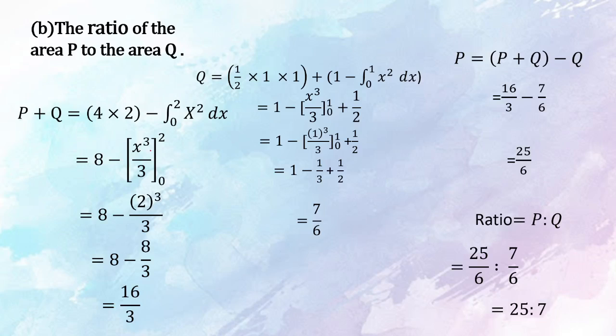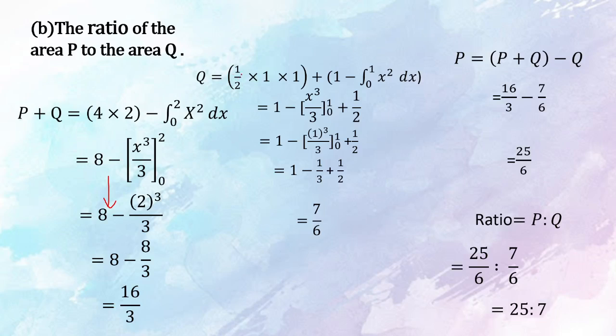So 8 minus x cubed over 3, 0 to 2, and then we get 8 minus 2 power 3 over 3, and then we get 8 minus 8 over 3, and then after we subtract, we get 16 over 3. This is area P plus Q. Okay, so in order to get area Q,